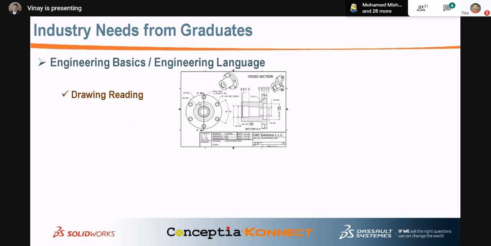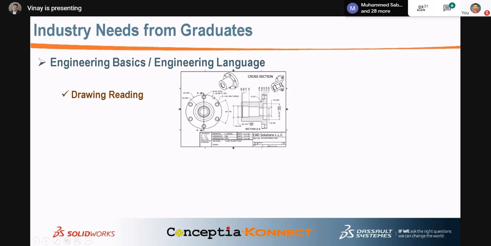I went and asked him what dimension I had given wrong. He said, sir, you told 6 into 10, that is 60 mm, so I am trying to put a 60 mm drill hole here, and in the design it is not coming. That is a 10 mm hole in 6 places. So you should know how to read the drawing.